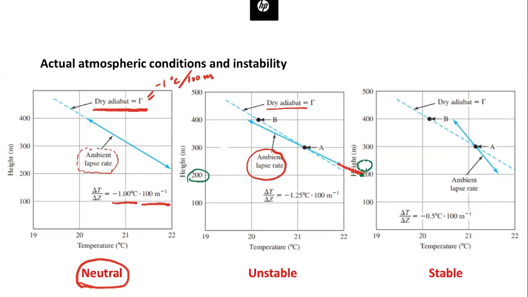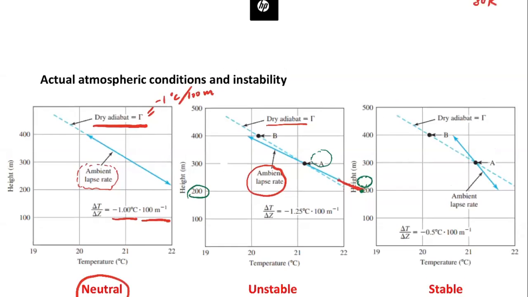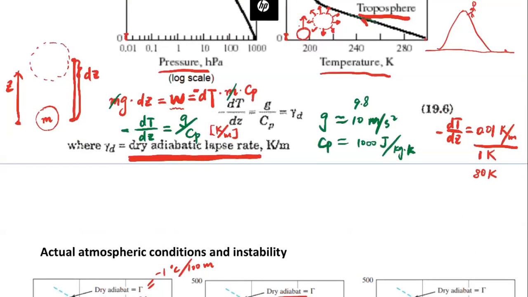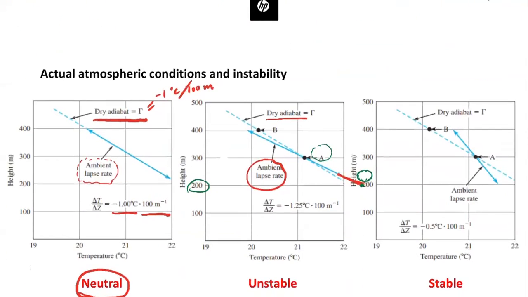If it rises up, it's going to expand to a larger volume at a higher altitude, right? And it's still going to follow this equation here because the gravity and the heat capacity didn't change at all. So if the air at 200 meters rises up, then when it rises to 300 meters above the ground,